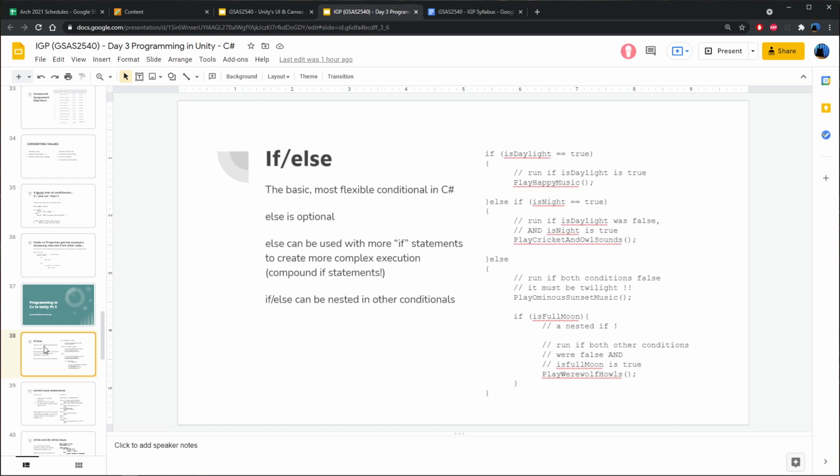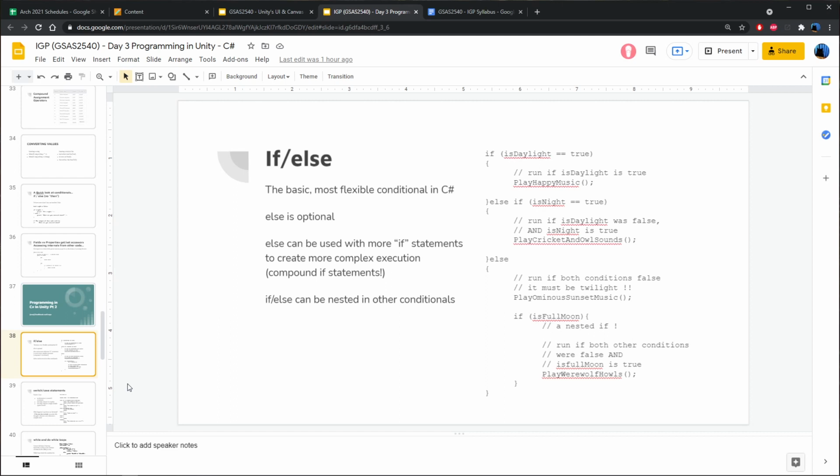Piece of cake. So, for example, maybe we have some sort of behavior for either our character or the state of the game, and we can look at certain variables to say, okay, if is daylight is true, so is daylight might be a Boolean value. Boolean values are allowed to be true or false. They can't have anything in between. There's no maybes to them. They're just true or false. So we'd say if daylight is true, or by comparing it to equals true,